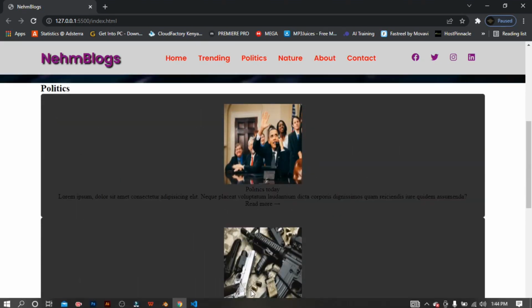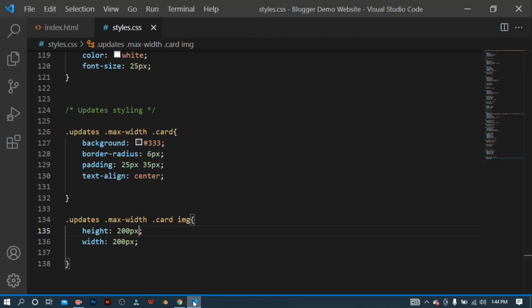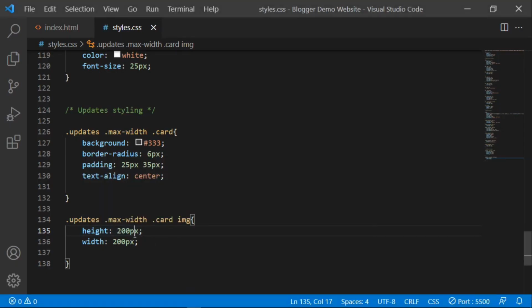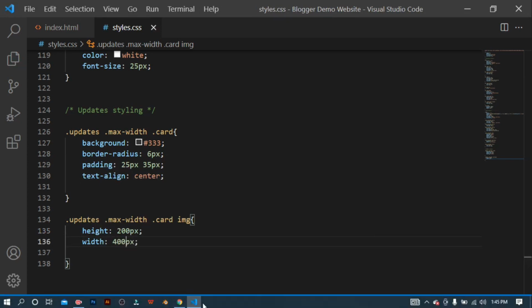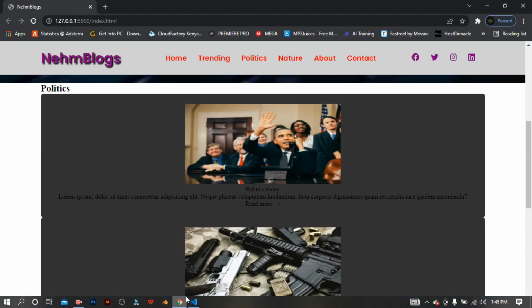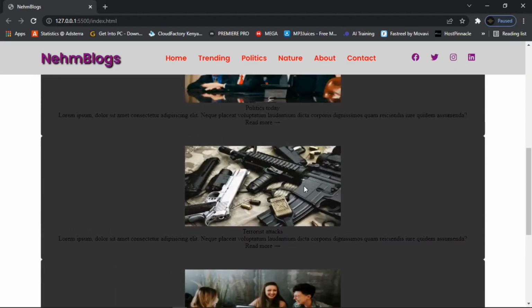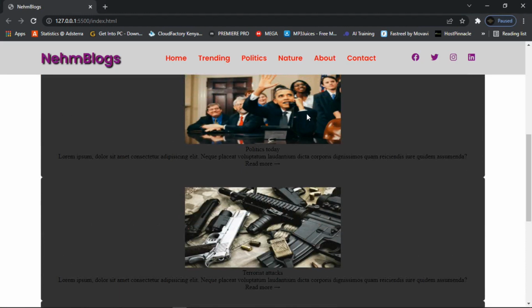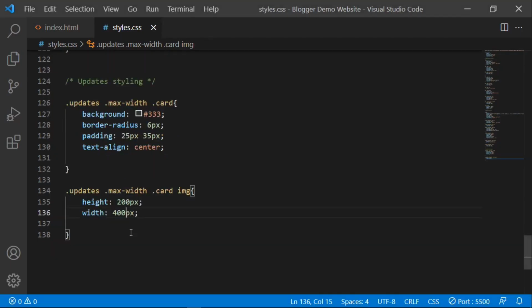So what I'm going to do, guys, let me say here, let me set the width to even 400 pixels, and then let me save and see some changes. But now, guys, I want to change the property to another property to make it object fit. So what I'm going to do, guys, let me say here